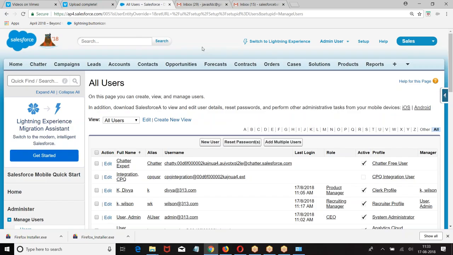Right now, in every step, only one user we have taken. What if we have more than one user in a single step? I am submitting the record to 10 people in a single step, which is called parallel approval process. If you submit the record to more than one approver in a single step, we call it parallel approval process.